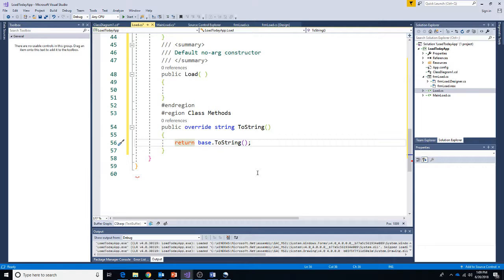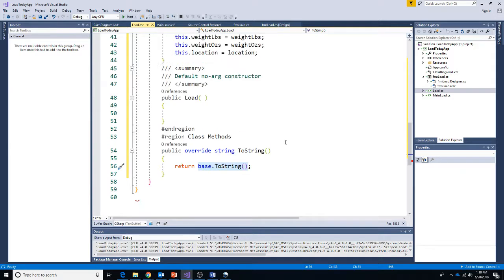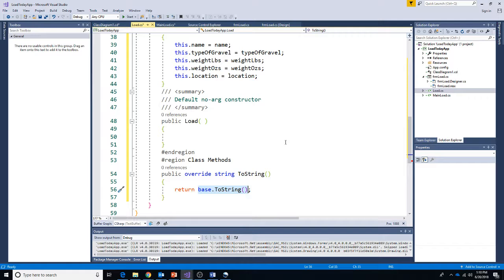It's a little mad at me. Now, it by default says, well, you're going to return something if you're going to do a toString, and it puts this code in here, return the base toString. Well, that's not really what we want to return. What we want to return is a string that's going to be comprised of all of our different variables. So let's see, we want to return name plus a space,